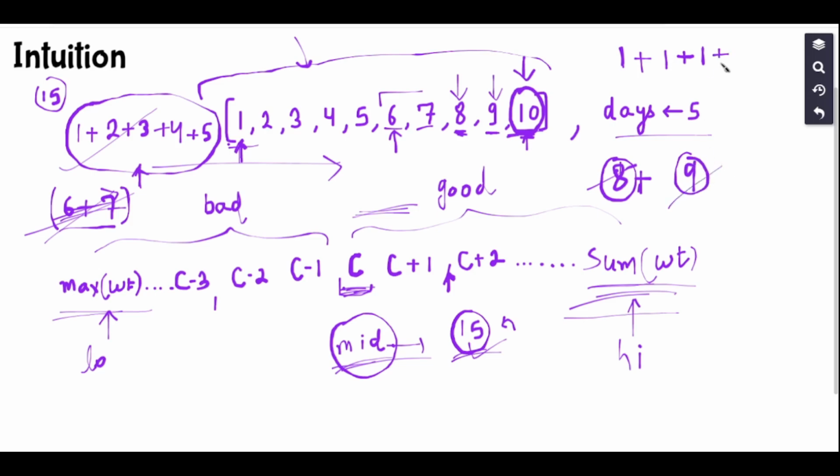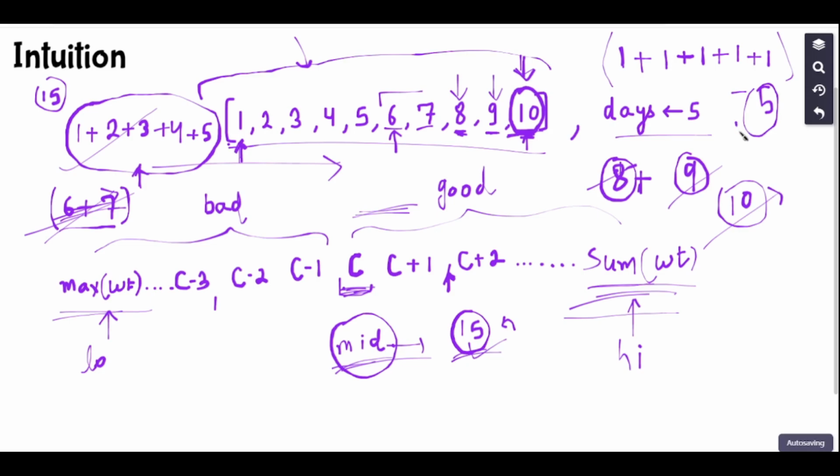So this would take me one more day. I come back and now I load item number 10. So item number 10 is loaded into the ship. Now I move again to the other side, and that would take me one more day, and all the items are transferred. So this is going to give me 5. So this is not exceeding the number of days. I can see that I want to transfer the items in 5 days, and this ship is taking exactly 5 days to transfer these packets,